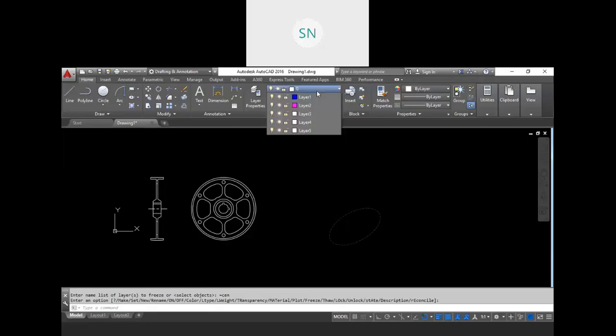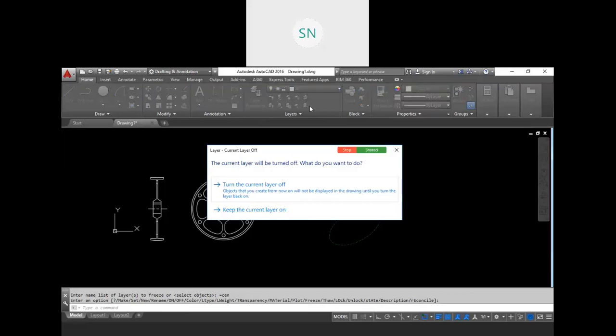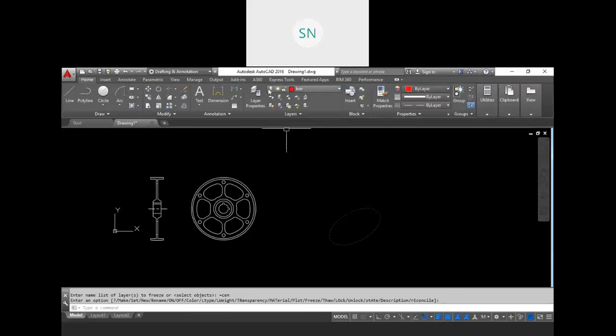Whatever layer you have turned off, that means this light bulb is off, you can work in that layer. AutoCAD will allow you to work in this layer, but whatever layer is in freeze condition, AutoCAD will not allow you to work. So if I want to create new objects in border layer, I can click this border layer and make this border layer active while it is in off condition, right?